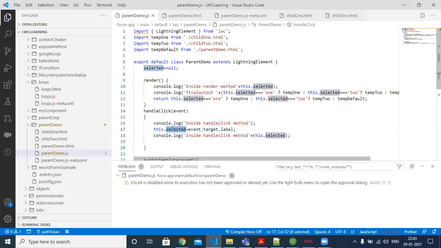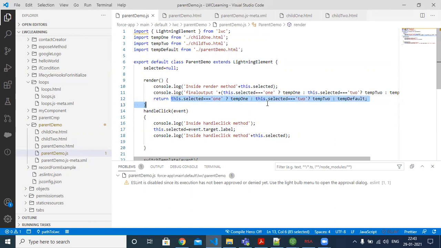So I'm storing it into one simple variable. This is a class level variable. And there is a predefined method called render, right? Inside the render method, I'm writing my logic like this. What I'm trying to do is use just a ternary operator.